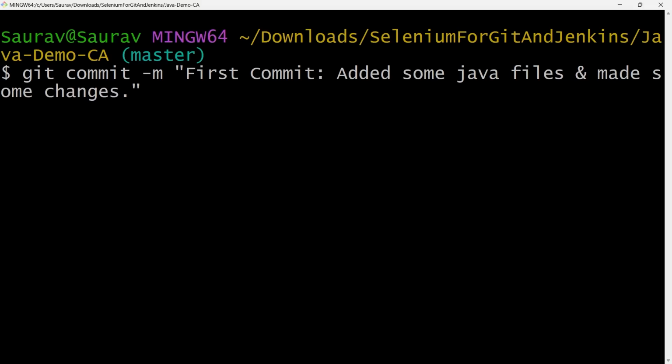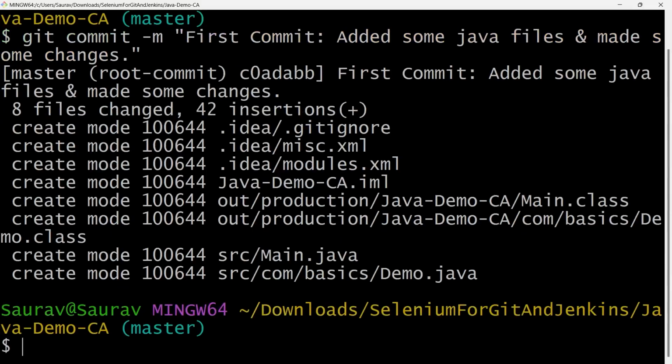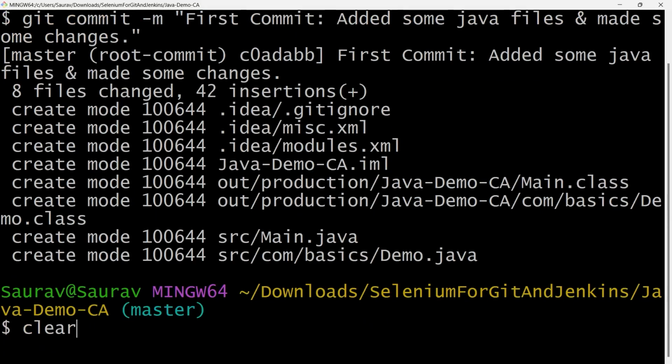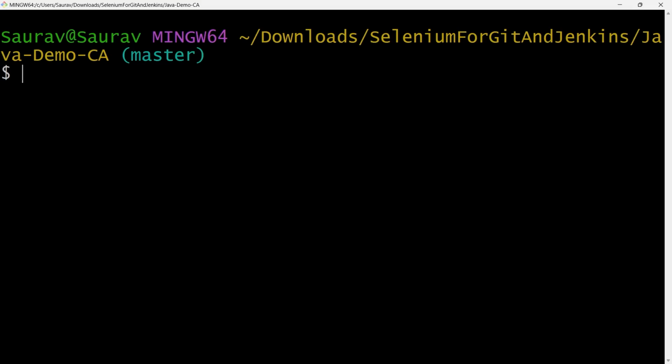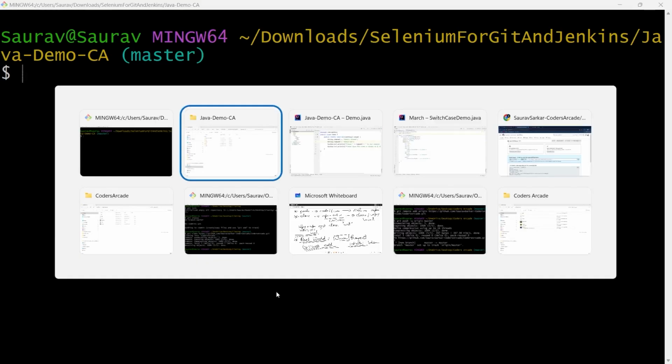Okay, just a simple commit I'm showing you. Press enter. So all the changes have been done. Now if I say git status, see, on branch master, nothing to commit, working tree is clean. So clear. Now let's go back to our GitHub and try to add that